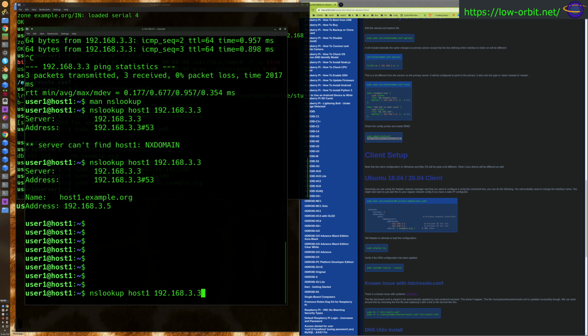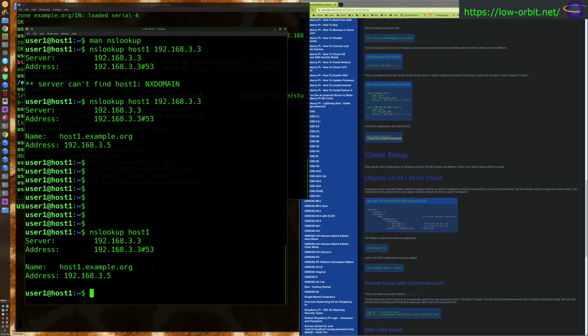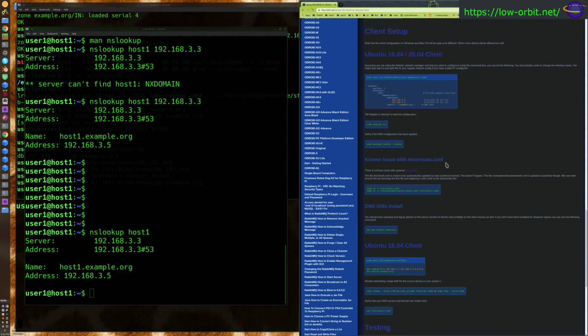But let's see here. You can remove this and just say host 1, and you'll notice that it's still working. It says the server it's looking up from is 3.3, that's our primary DNS server. This is the host name, and this is the IP that it resolves to. So you can say nslookup host 1, and it will basically expand it out to the FQDN and look up the IP for you. So with that fixed, we can move along